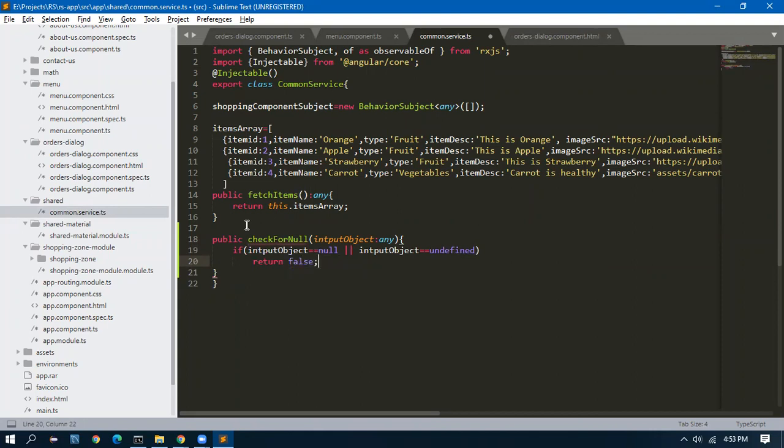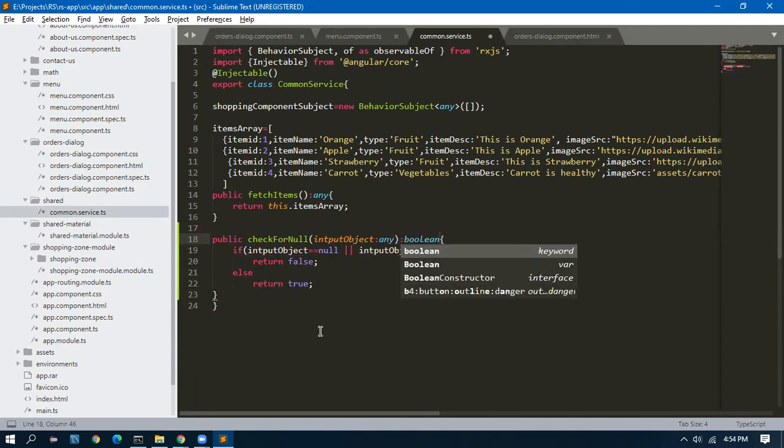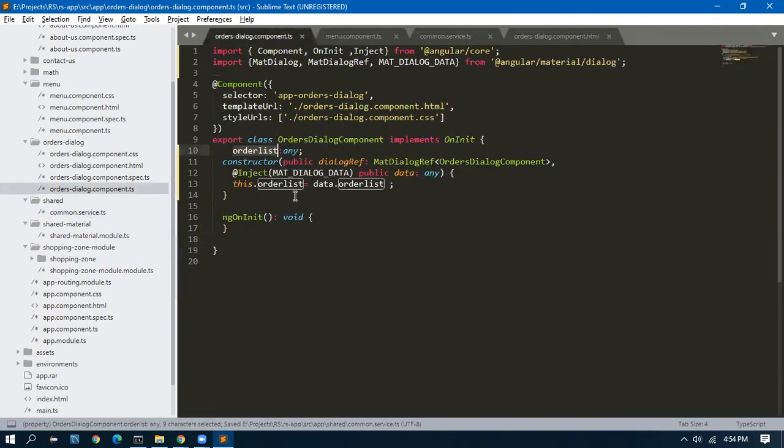If it is returning false, which means it is null. Else return true. So if I call this method, it is returning a boolean. The method return type is boolean, check for null. So if I call this method from anywhere, let me call this from here.